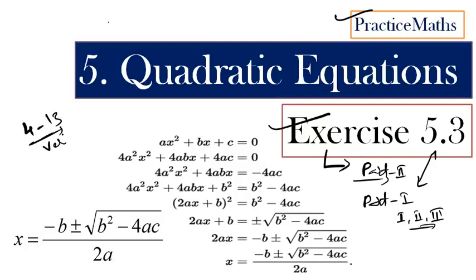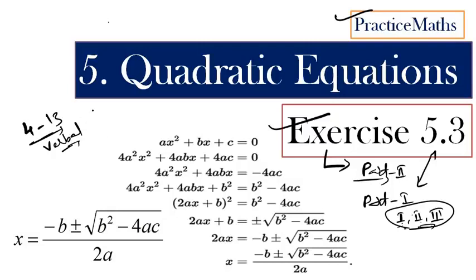These verbal problems are very important for your annual exams, so please make sure you go through this. The first, second and third bits in part 1 are also important. There the completing the square method and formula are important, and you may get annual exam questions from that. So please practice these 3 bits also, and these 4 to 13 bits are also important. Let's start with the fourth problem.